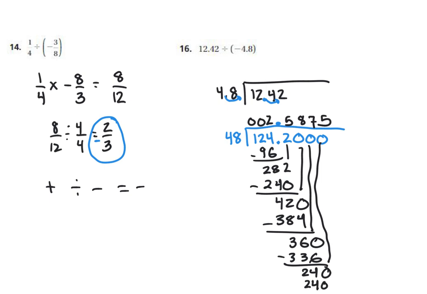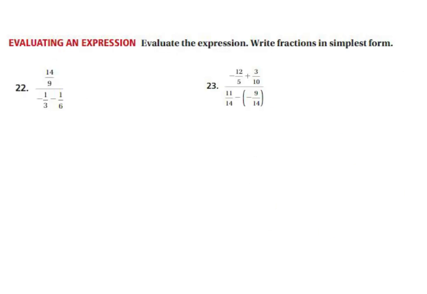So let's look back to the original problem now. And we had a positive divided by a negative, which is a negative. So we end up with negative 2.5875 as our quotient. For question number 22,